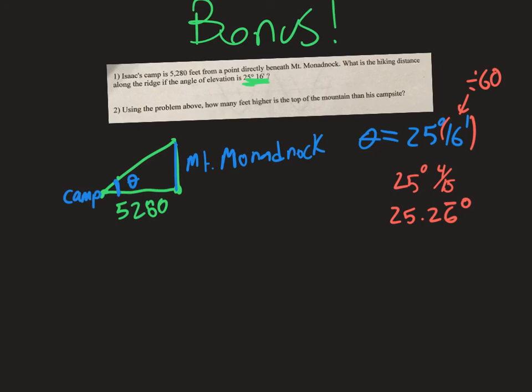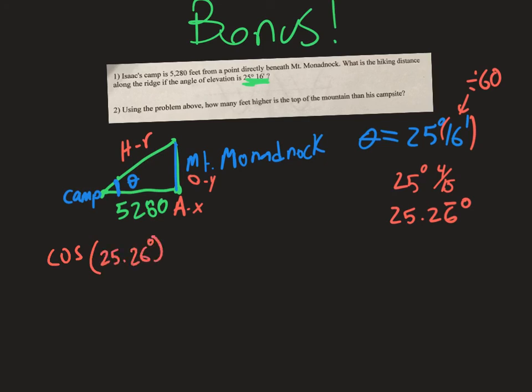Okay, so now we can set up a trig ratio using that angle and the information that we know. All right, so if I wanted to label it using the old school terms, we could call this the hypotenuse, the opposite, and the adjacent. We could also call these x, y, and r in the new way of looking at it. Okay, same thought process, just different setups for it. And so we set up the cosine, because I do know the adjacent and I want the hypotenuse. So cosine of the angle